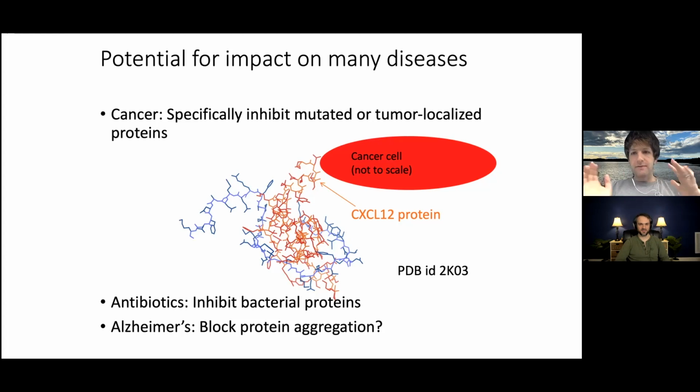Even with Alzheimer's, the biology is less understood than the others, but there's some indication that the protein aggregates you see there may be contributing to the disease. Maybe blocking that aggregation is important. And if not, there's probably other proteins involved in the disease process. So that's kind of a general principle here.